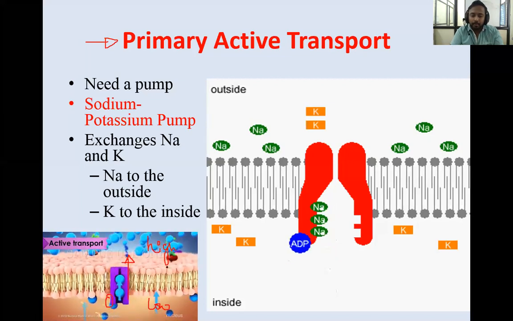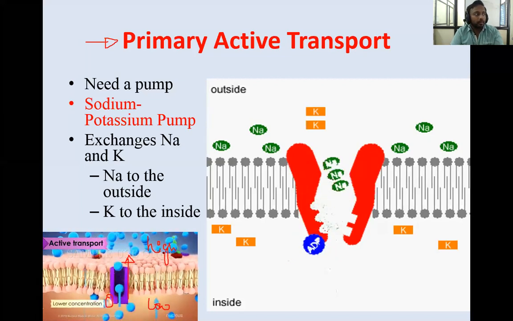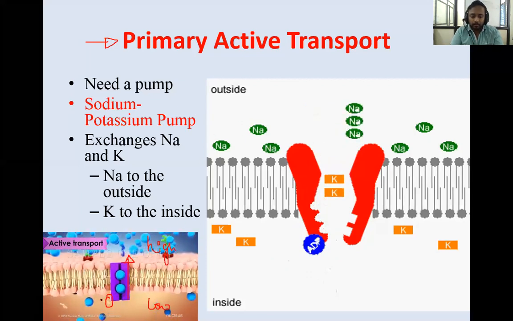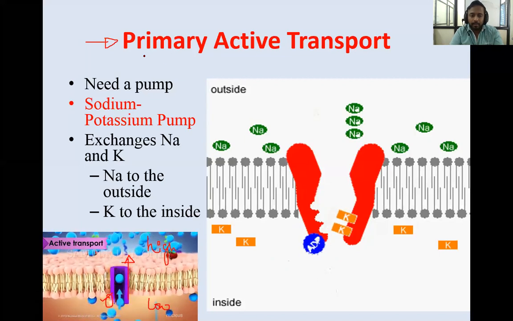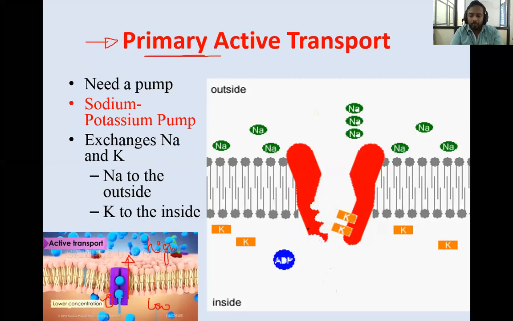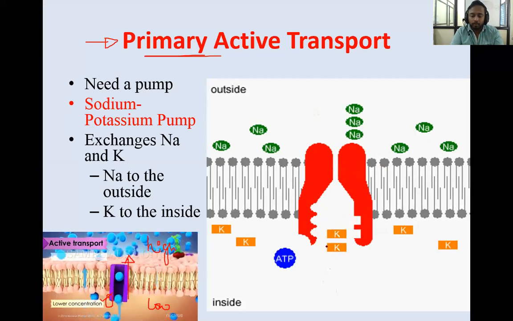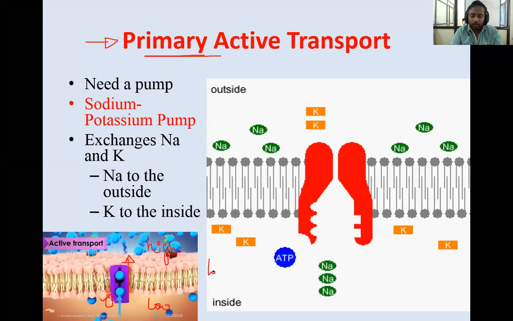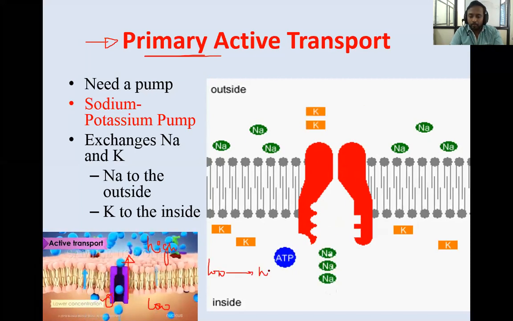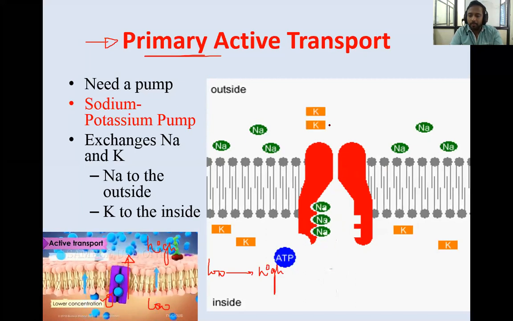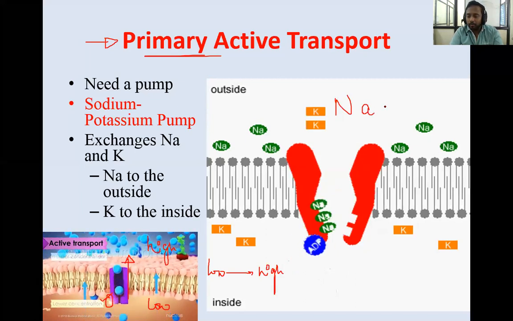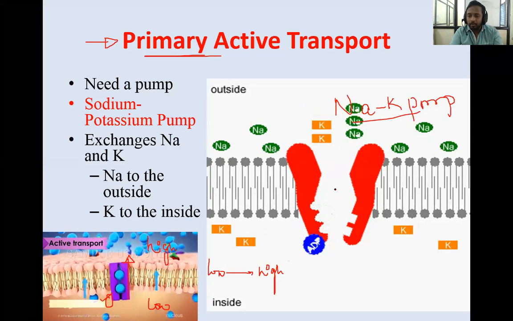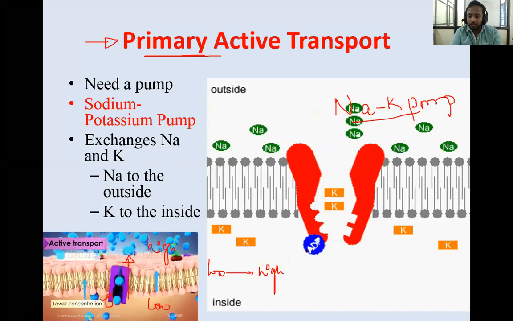So that is the reason, when the movement of the molecule is against the concentration gradient, they require energy. That is how ATP helps as an important molecule to transport the molecules against the concentration gradient, that is from low concentration to high concentration. For example, here it is shown the sodium potassium pump. You can see here the movement of sodium and potassium against the concentration gradient.